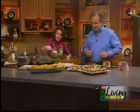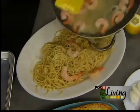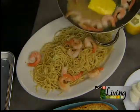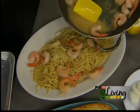All right. There you go. All right, now our shrimp. And now the shrimp are ready to go right on top. Okay. Yum. My daughter is a huge shrimp person, but out at restaurants, I'm like, no, you